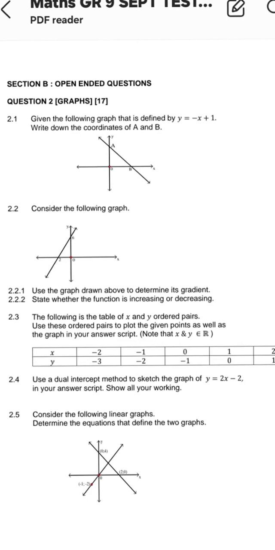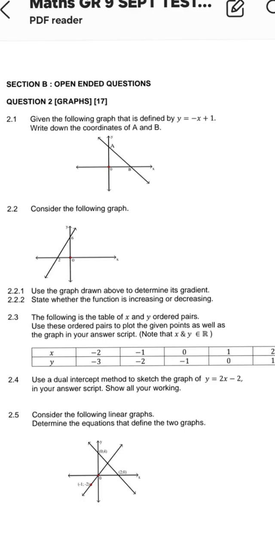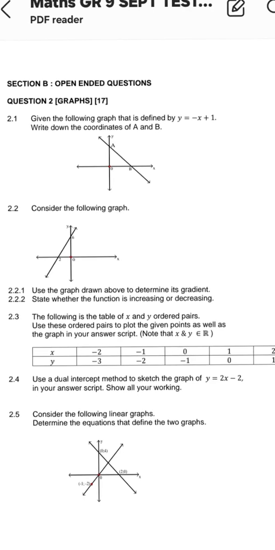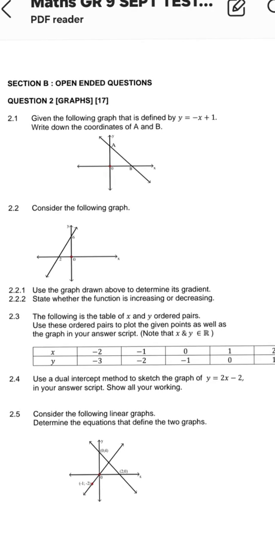To find the coordinates of A is 0 and 1. You would write it in brackets. You write the letter A and you write 0 and 1 in brackets. Then, if you go to B,